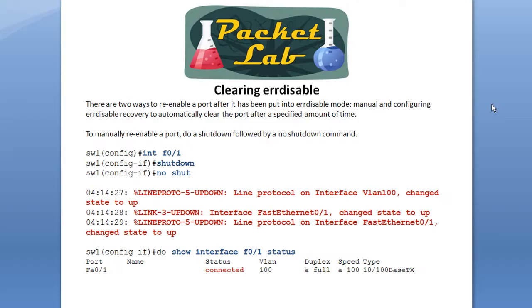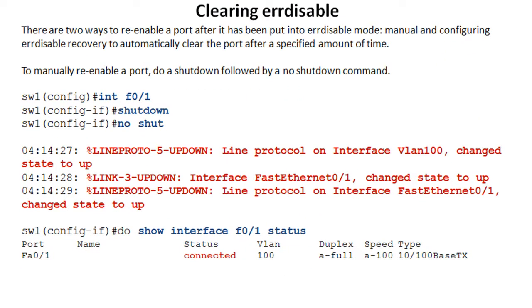Okay, so we've seen why a port will be put into error disable mode, as well as how to identify a port that's in error disable mode. So the next logical step is to find out how to clear error disable mode, because if the big boss is calling you and saying, hey network dude, I can't get on the network, what's going on, my port is screwed, you need to know how to re-enable it and make it happy again. And there's actually two ways to do this. You can manually re-enable a port that's in error disable mode, or you can let Cisco IOS handle that for you automatically. Again, depending on your security policy, you always have to weigh usability versus security.